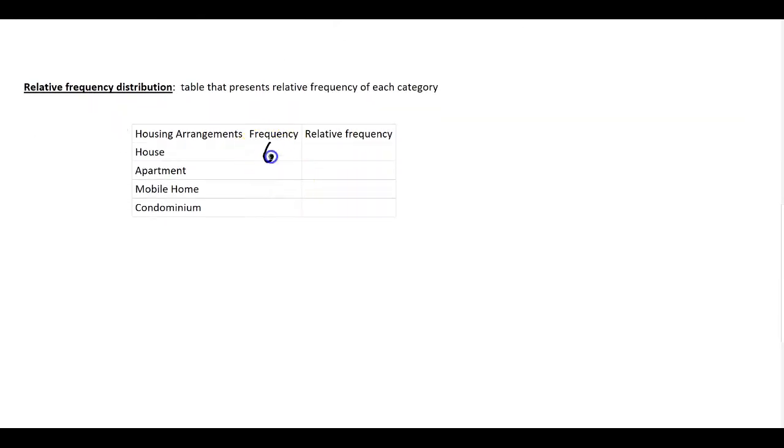So I'm going to do 6, 5, 6, 8 with our N being 25. So if I come over here to the side and I look at housing for the relative frequency, that's going to be 6 divided by 25, and that gives me, let's see here, 6 divided by 25 is equal to